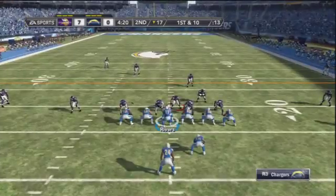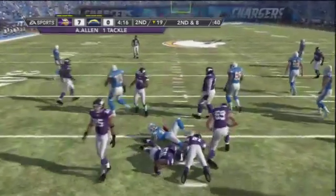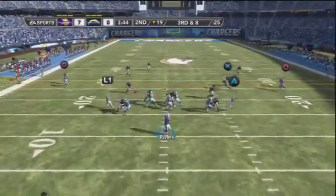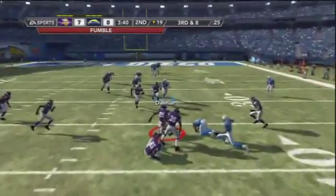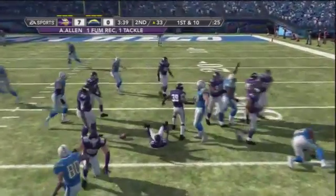and so the Chargers are back on offense. 1st and 10, Rivers gives it to Ryan Mathews, but Jared Allen and Asher Allen are there on the tackle, and that's only a 2-yard gain. And now 3rd and 8 for Rivers as he drops back, goes over the middle for Antonio Gates, but he's stripped by Husain Abdullah. It's picked up by Asher Allen, and the Vikings have the ball once again,